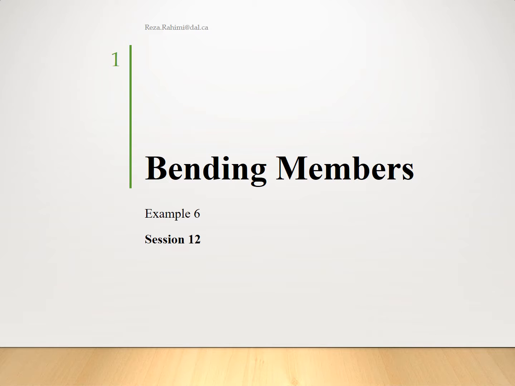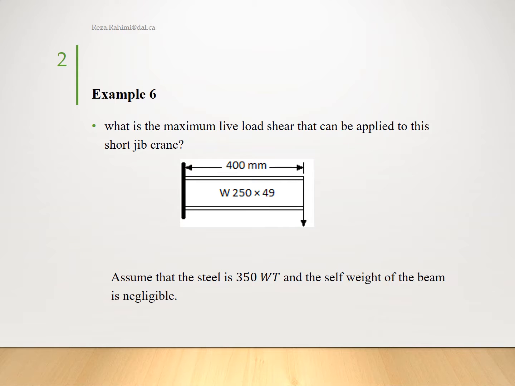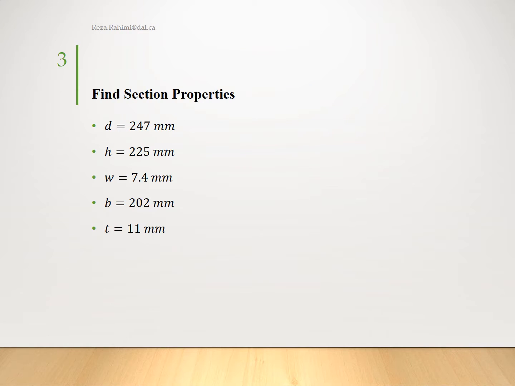In this section, we're doing an example on shear resistance. Example 6. What is the maximum live load shear that can be applied to this short jib crane? Assume that the steel is 350W and the self-weight of the beam is negligible. The first step, as always, is finding section properties, and as you can see in this slide,